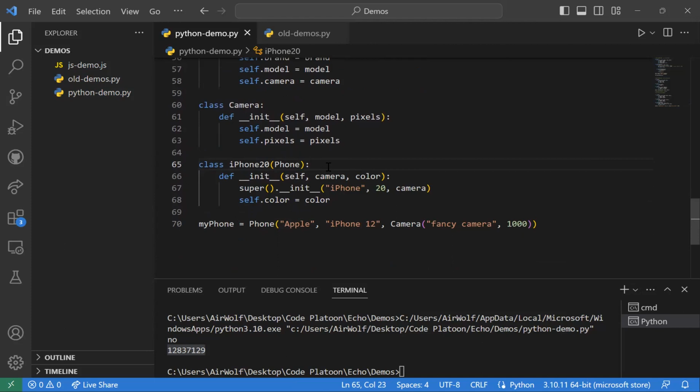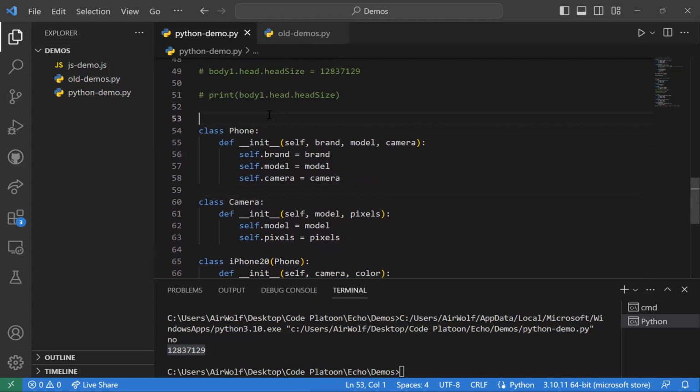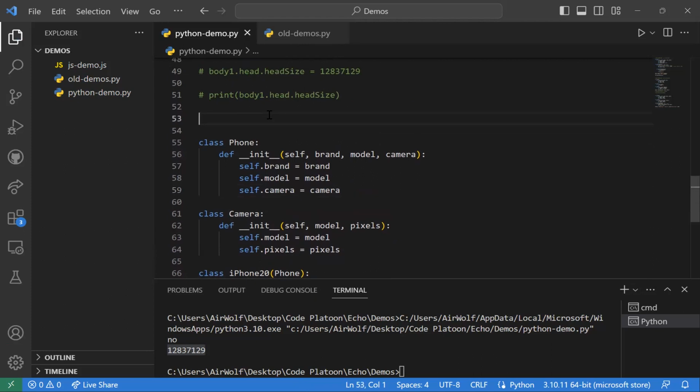We could, but it wouldn't be a good idea to do double inheritance in this specific instance, because if you look, the phone class already has camera as an attribute of it. So there wouldn't be any point to mixing it with the camera class. But what we could do with double inheritance is we could do something like